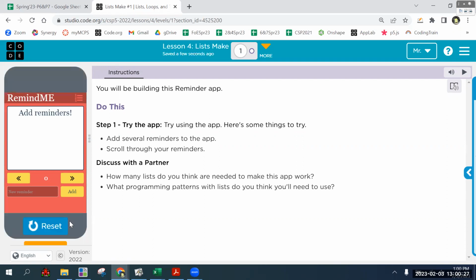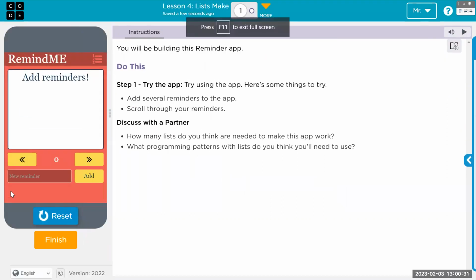Well, first, let's look at what's supposed to be here. We have an app that will take whatever you add and add it to a list that's clearly happening in the background. And you can then cycle through your items. So there's a text area that's showing